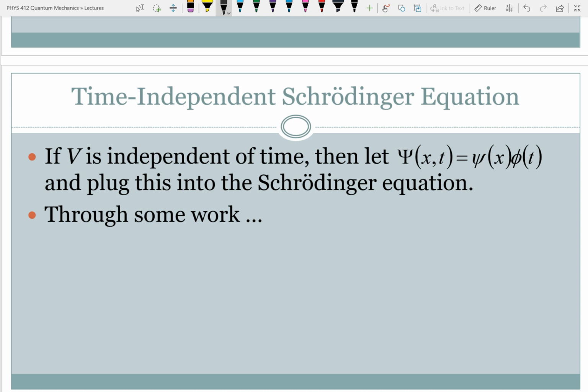So the first thing we're going to do is say, we can make the assumption that our wave function can be written as the product of one function of position and a separate function of time. So if we can take our wave function and make it the product of one function of position and one function of time, then we can put that into the Schrodinger equation. So we're going to have